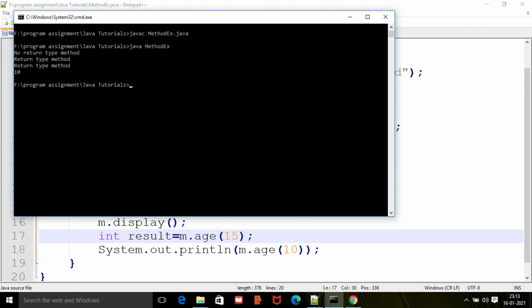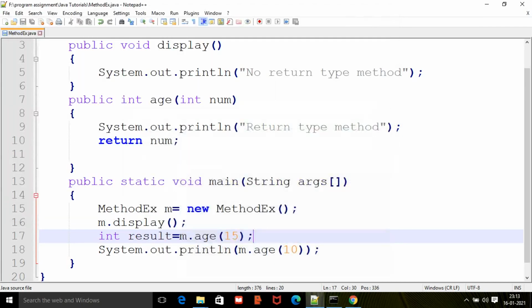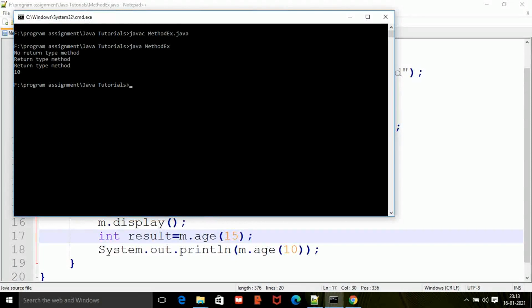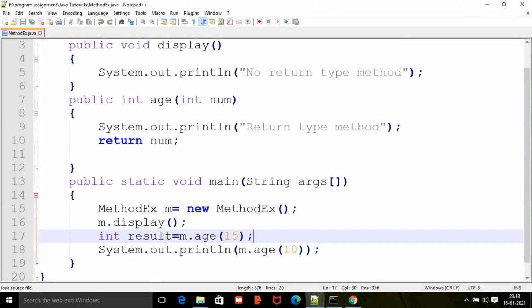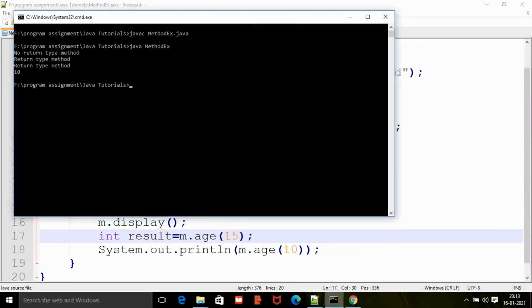See, first of all it will print "no return type method", as here it will print the display value, and then it will print the "return type method", that is age, because we write here int result is equals to m.age, so it will print "return type method", and we print m.age 10. And the question comes in your mind that it will not print 15 here,